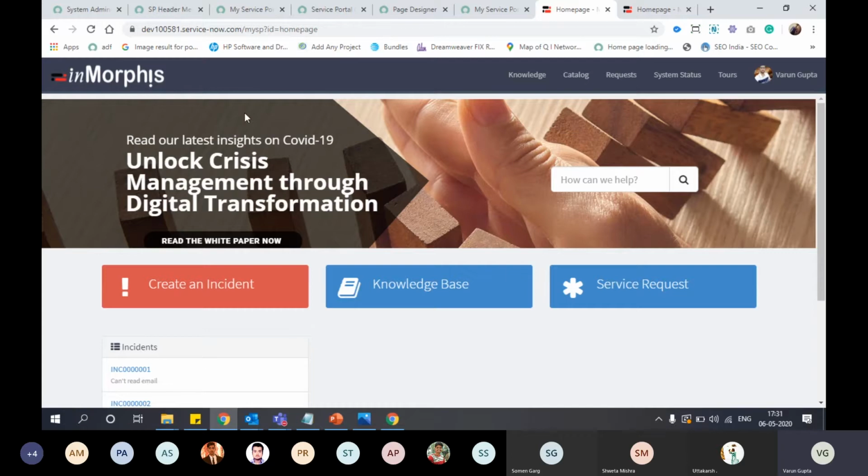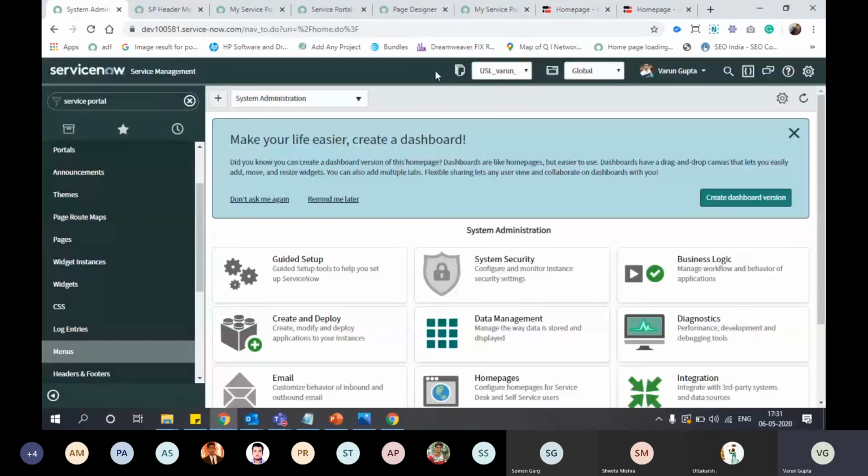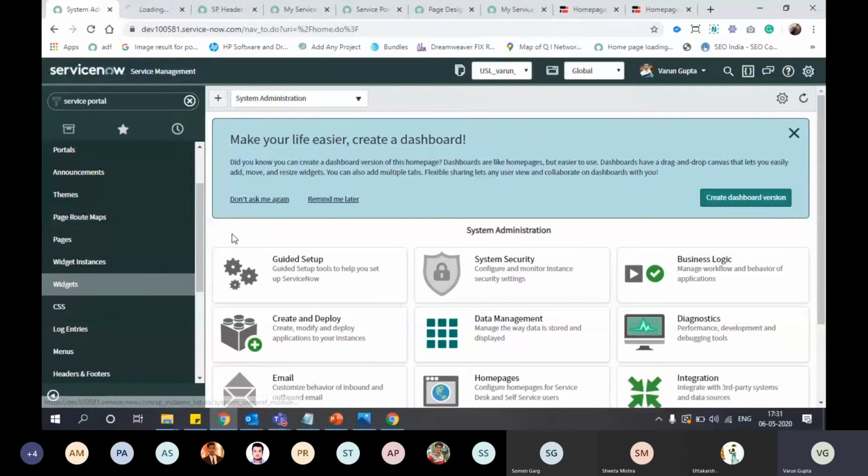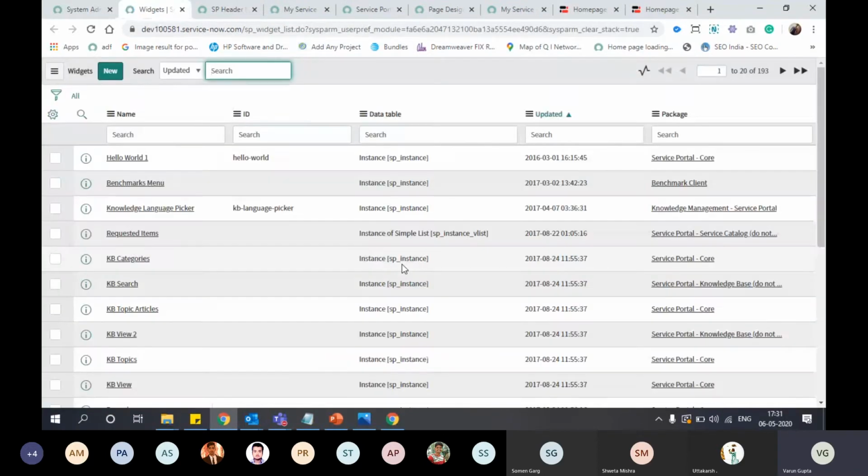Okay, so these are some of the configurations, and moving on, we will create our first custom widget. We are moving from no code to low code. Create a widget.